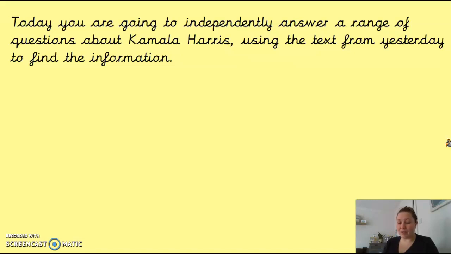You're going to have to give evidence and explanation. One word won't be enough. You're going to need a couple of sentences linked with because, or this means, or this is important because. So you've got some words joining up your sentences so that it reads as a short paragraph at the end. We've done lots on explain when we were in school, so you should be okay with that. So go and make sure you've got the text, go and find the questions, and have a go at them.